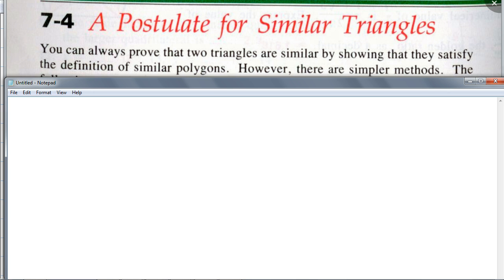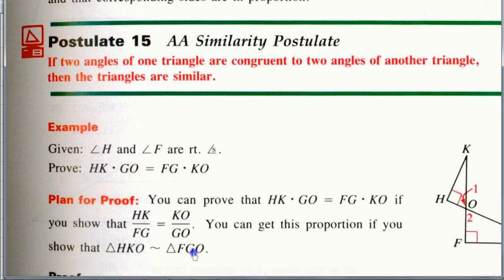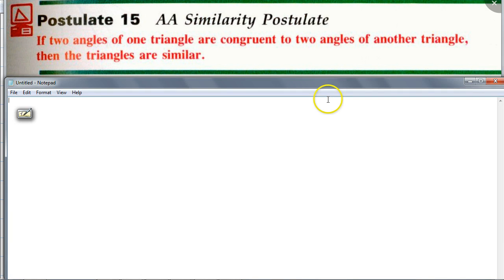Anybody want to guess? This is a postulate that we're going to talk about. Jason? Yeah, it turns out if you have two angles congruent, guess what? These two triangles are guaranteed to be similar. So that's our postulate, and it's got a name. Isn't that nice? It's called the AA Similarity Postulate. Please don't forget that part. People just write AA postulate. It's not the AA postulate. It's the Angle-Angle Similarity Postulate. And it reads: if two angles of one triangle are congruent to two angles of another triangle, guess what? The two triangles are